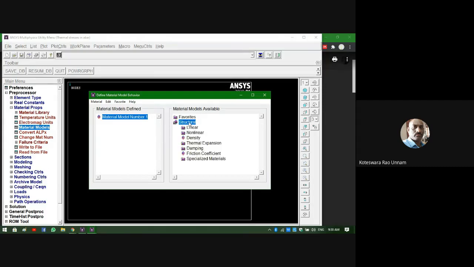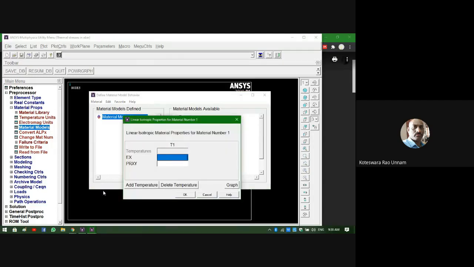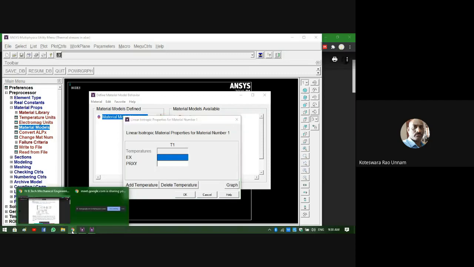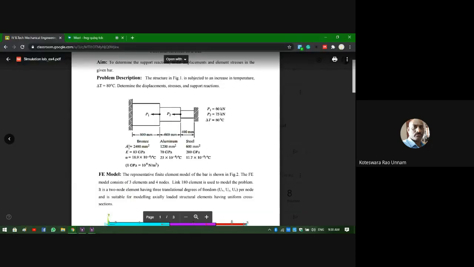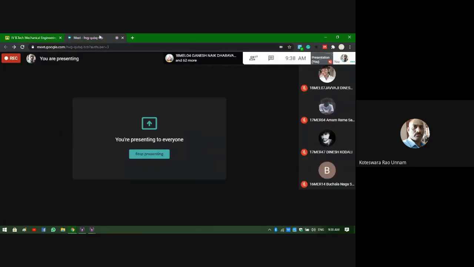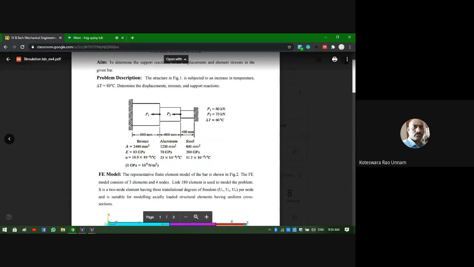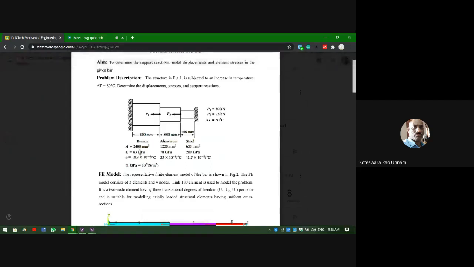To define the Young's modulus and thermal expansion coefficient, first I'll click on linear, elastic, isotropic, and it will ask for the Young's modulus. For the first portion of the bar, which is bronze, the Young's modulus given is 83 GPa, not MPa.